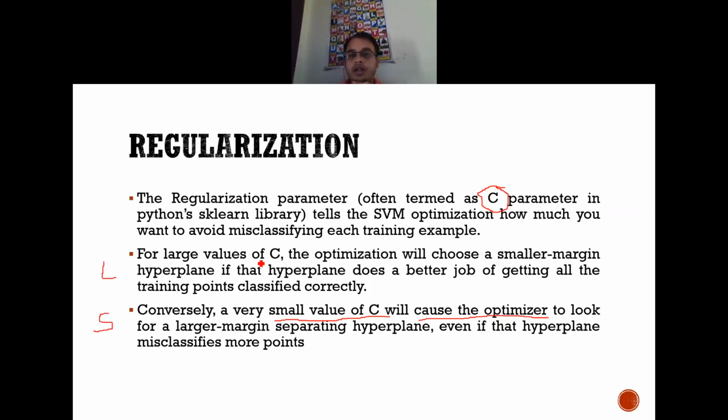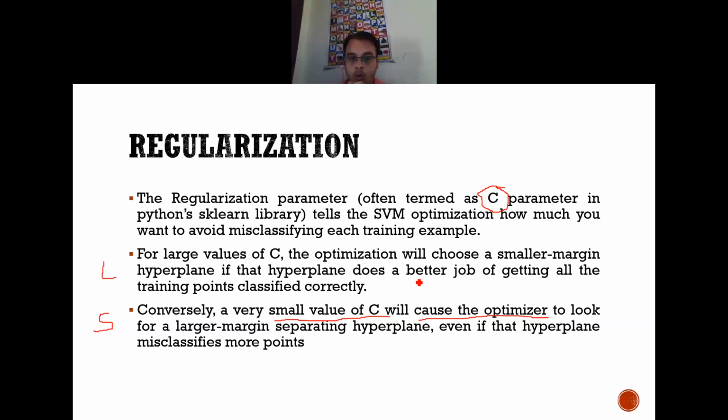So if I go with a large value of C, what will happen? Due to the large value of C, there is a chance of overfitting of the system. What we call overfitting is that it gives me an accurate classification of the points, but if I give another classification input, it might not give a proper output for that particular input. Hence we are giving it extra parameters, and hence it is giving me an overfitting system.